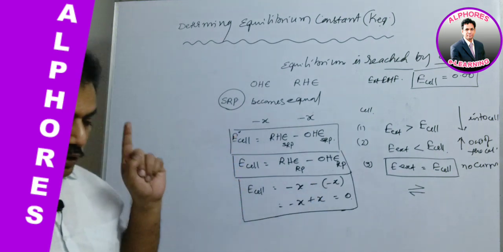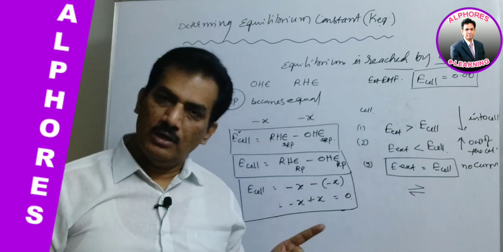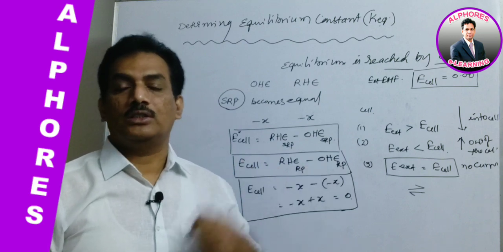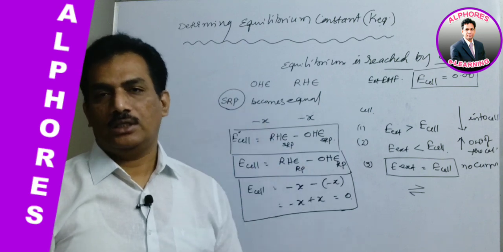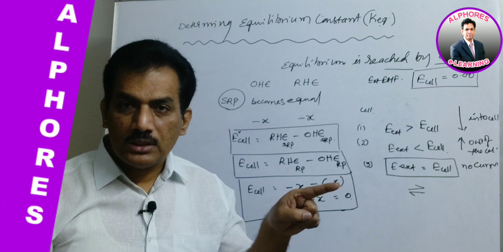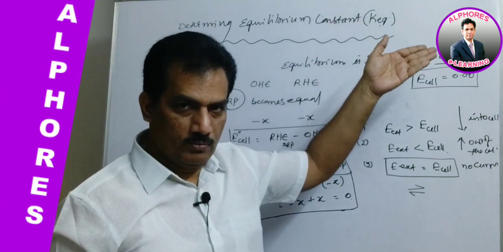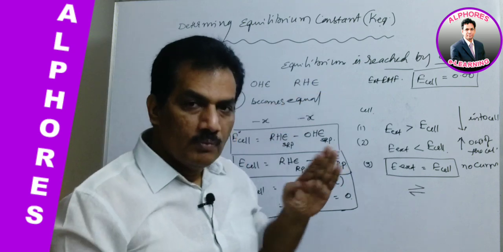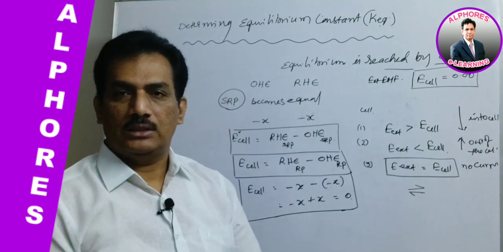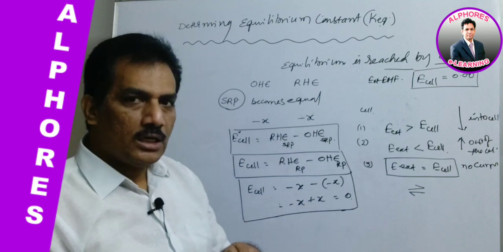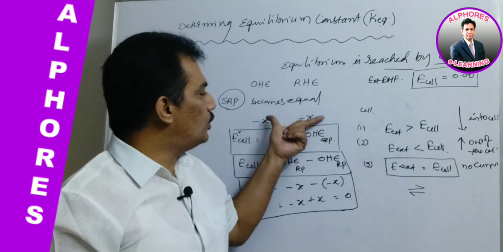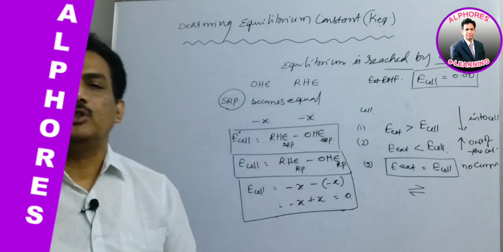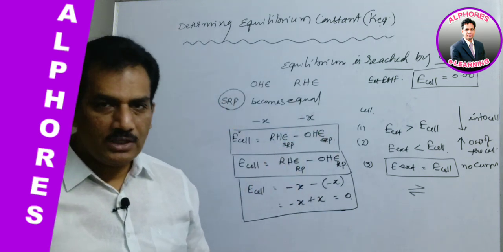That means when both the electrodes are from the same element, and when these element ions are at different concentrations, then it is a concentration cell. In such concentration cells, E naught cell becomes 0. But here it is not a concentration cell, it is a cell that attained equilibrium status. When it is attaining equilibrium, the reduction potentials of both electrodes become equal, and thereby the E cell becomes 0. Are you clear with this concept?